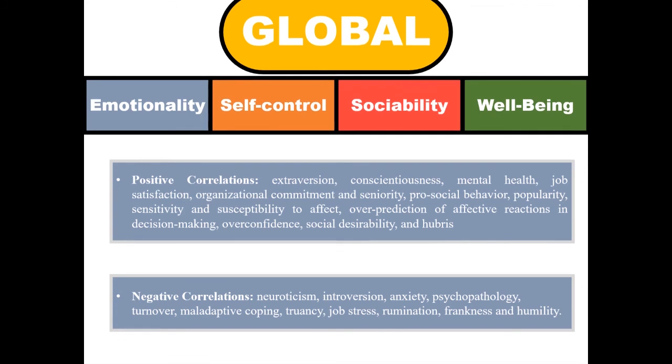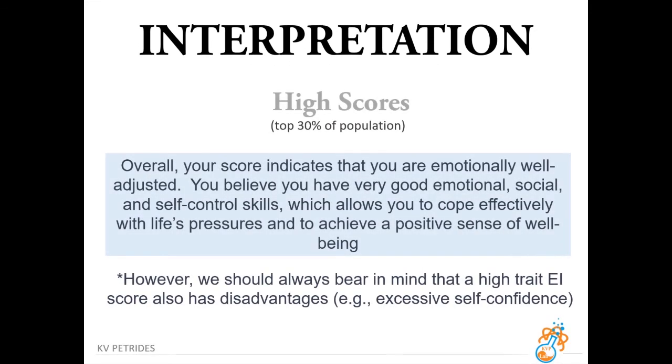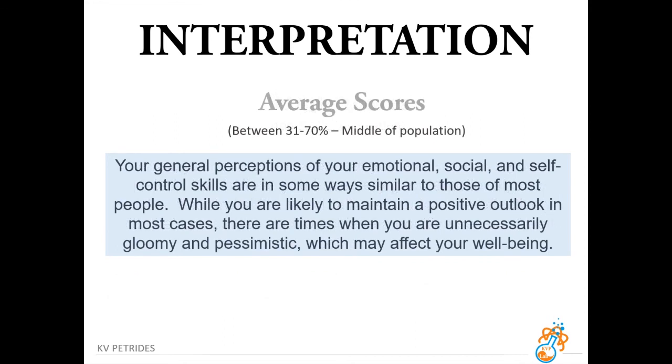Individuals with high scores on global trait emotional intelligence are virtually always well adapted on a surface level. On the negative side, they are significantly more likely to have an inflated idea about themselves and their capabilities. In a nutshell, average trait EI scores indicate an average level of satisfaction with your emotional functioning. An average global trait EI score can be arrived at through limited variation at the facet and factor levels, or through averaging many high and low scores at the facet and factor levels. These 2 different pathways have different implications.